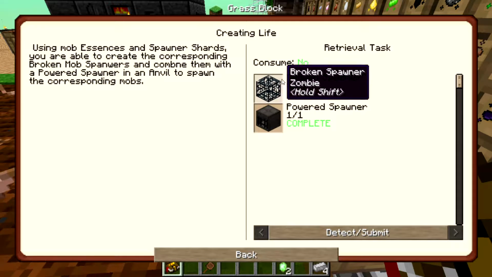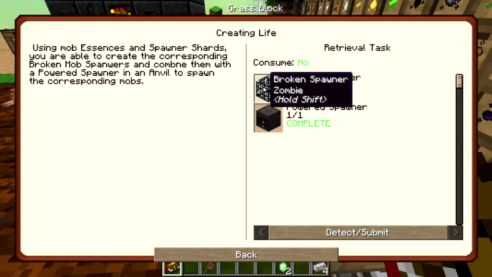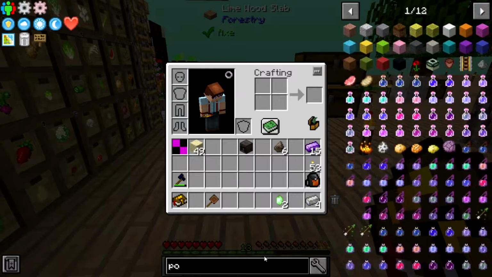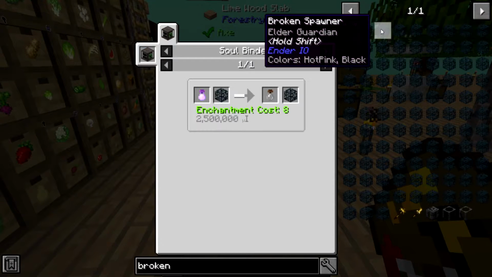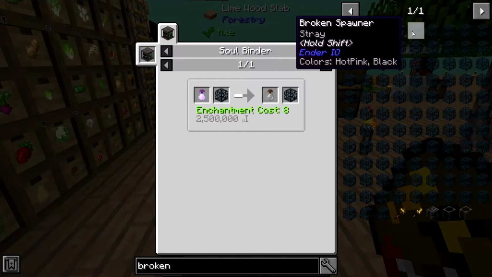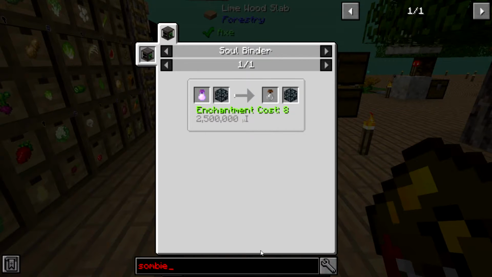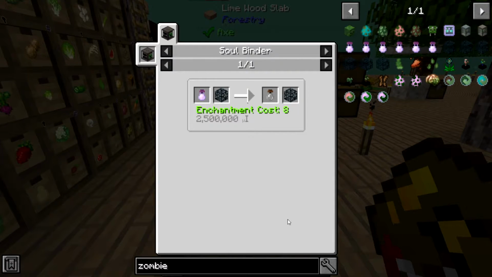Now, why is it not detecting this broken spawner? Is there more than 1 broken spawner? So it said it definitely just needed to be a zombie one, didn't it? It didn't need to be anything. Yeah, I mean... Zombie...